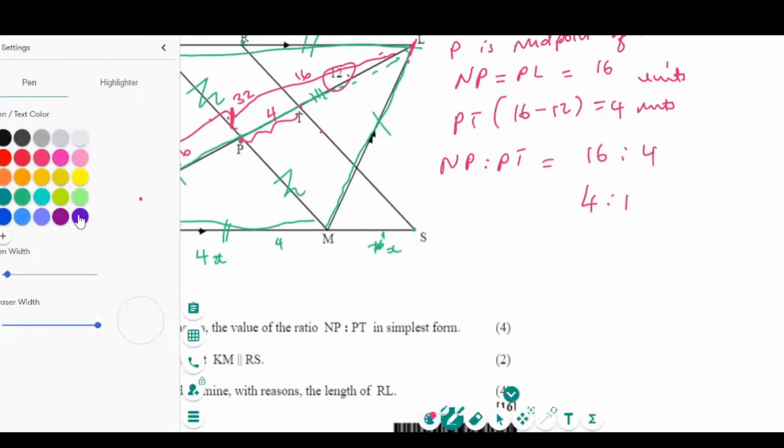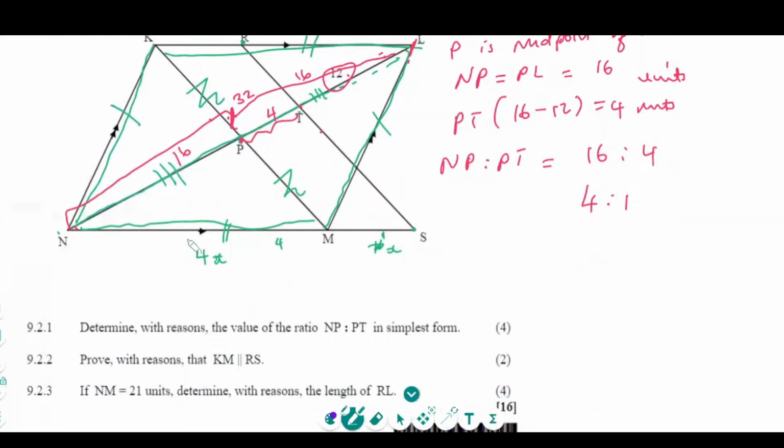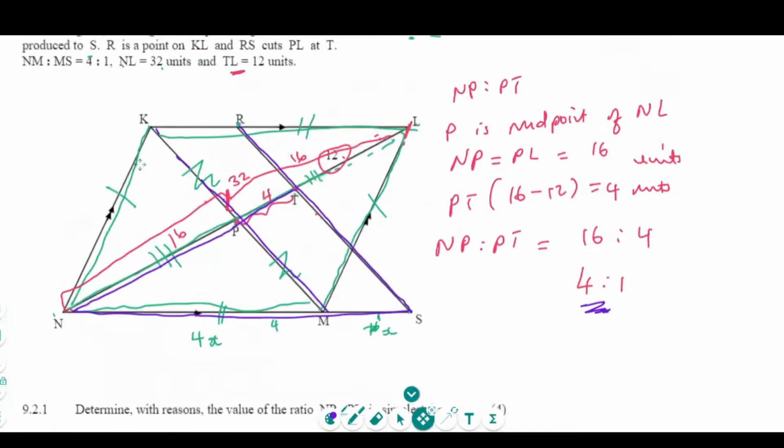Prove with reasons that KM is parallel to RS. This line is parallel to this one. Okay, so if we look at this triangle of ours, and then we compare these ratios using the proportionality theorem. If we look at this 4 is to 1, there is also something that they gave us within the information that NM